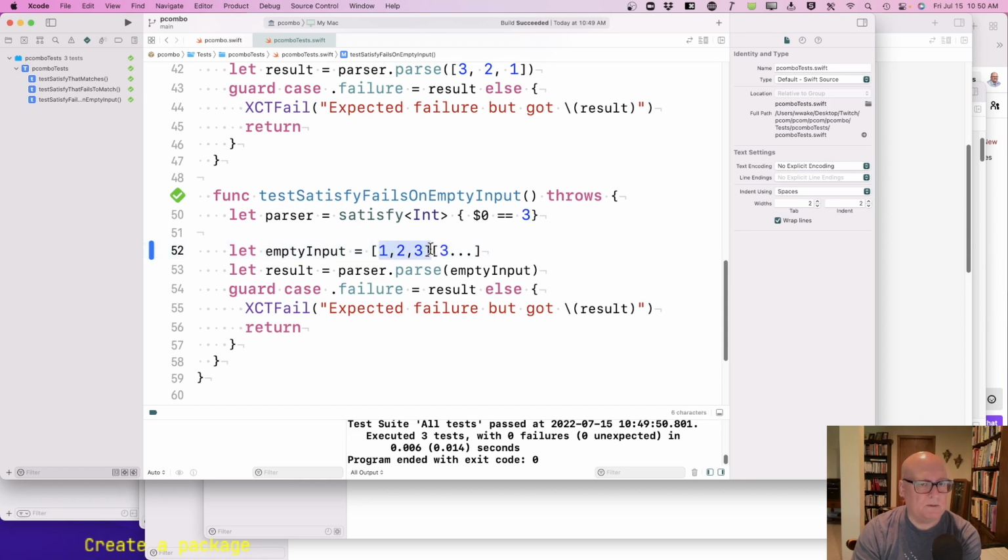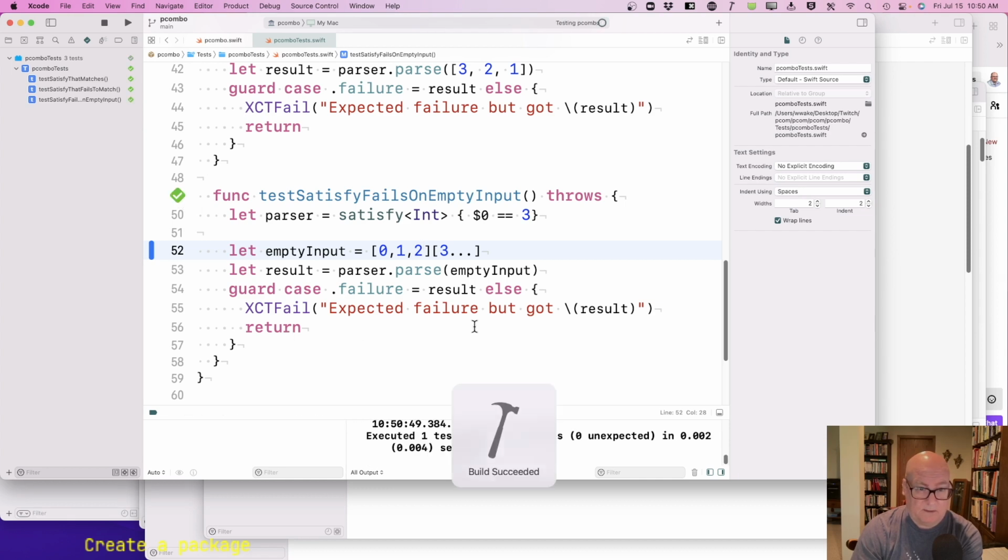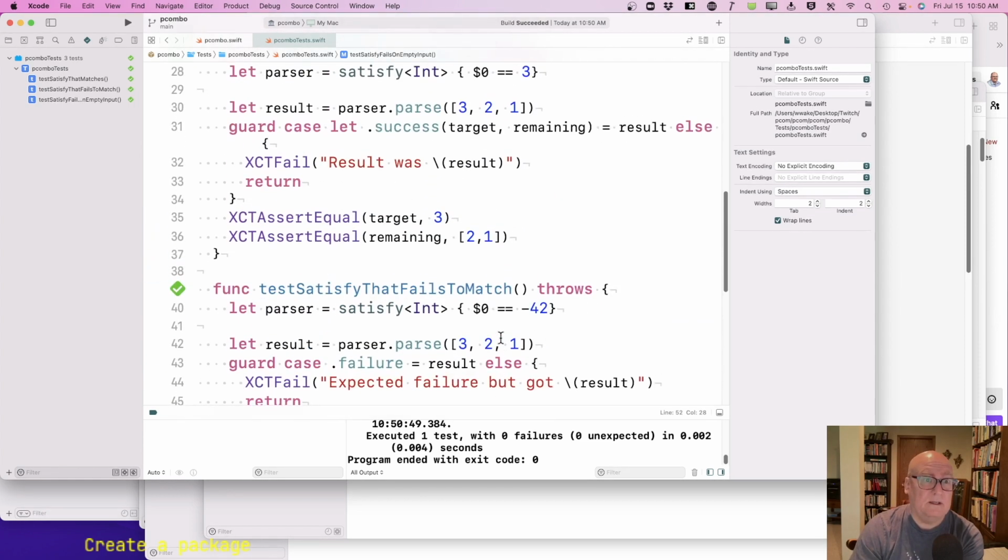Maybe I'll just make them 0, 1, 2. That's the indexes. And then we're fetching the contents starting at position 3, which is the end of the array. Okay, and I think that should still fail, but to me it's a more realistic case that you don't normally start with empty input, but you get there eventually. So wanted to make sure that covers. All right, now